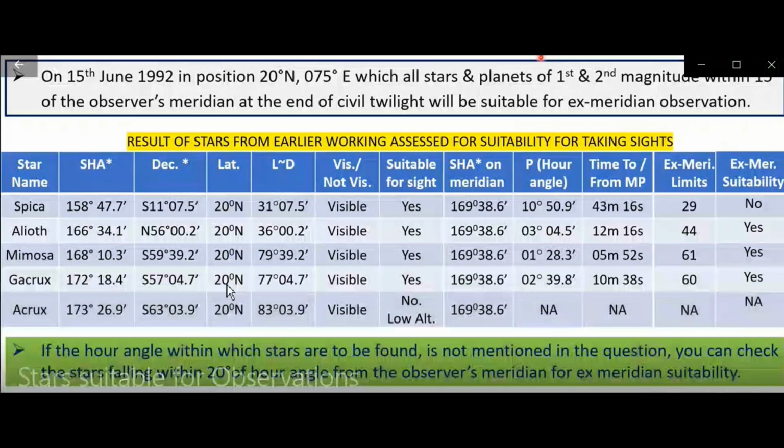क्योंकि ये 20 डिग्री एक ऐसी फिगर है, 20 डिग्री के बाहर अगर कोई स्टार है, a star which is more than 20 degrees away from our meridian can never be suitable for a X meridian site. X meridian तभी पॉसिबल है अगर कोई स्टार 20 डिग्री के अंदर हो. अगर वो इससे बाहर चला जाए तो वो X meridian के लिए सूटेबल हो ही नहीं सकता है. So you should know this value, 20 degrees value. So अगर किसी क्वेश्चन में ये ना दिया गया हो तो आप ये 20 डिग्री की वैल्यू को यूज कर सकते हो।